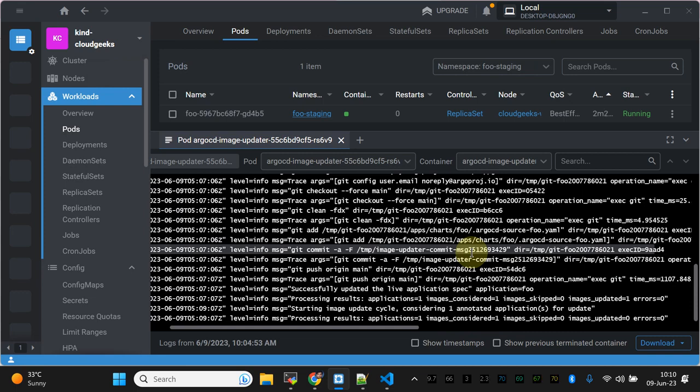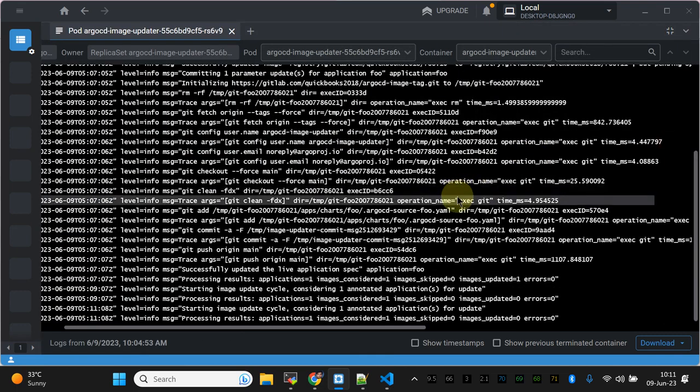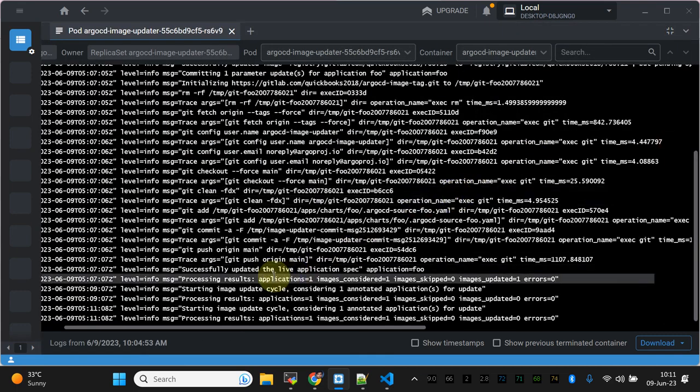And what it does, it is going to then upgrade the image of tag 11 to 12, right? And then it is going to do the commit, and we should be able to see our application. So currently this process will take some time, and you will see some of the logs with regard to that, right? So,